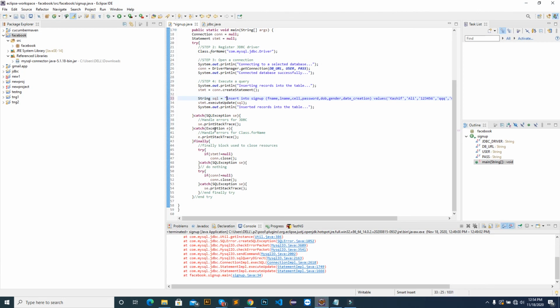Right now we have Java. So what to write? DELETE FROM, what is the table name? signup, WHERE, very important, WHERE id = 4. Very simple. I save it and run it.